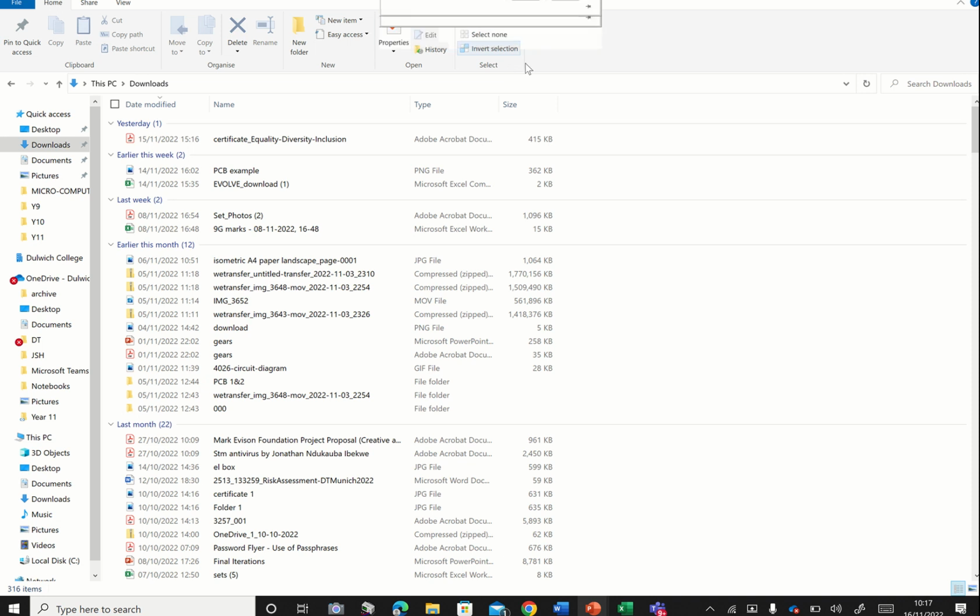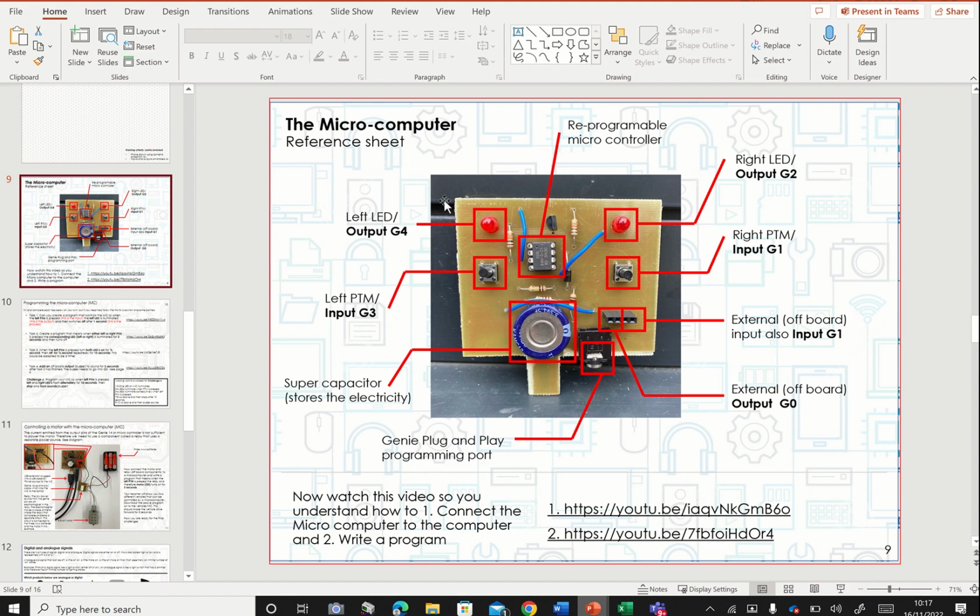Okay guys, it's Environmental Day in DT and you are going to be learning a little bit about programming in your Year 9 lesson. It's going to differ a little bit from what we had scheduled for your lesson. In your lesson you were going to use one of these microcomputers. However, because you're having a cover lesson, we're going to make it a little bit more simple, and as opposed to programming using a physical product, we're going to program using a virtual model, which sounds all very complex, but is